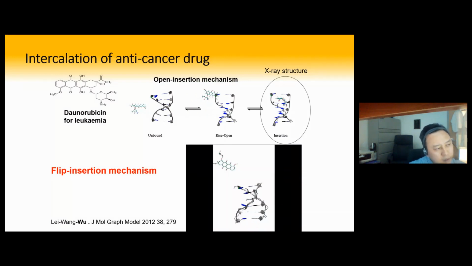Okay, so Christopher solved this structure. I was wondering how this drug can go into that site. And Christopher suggested a very simple mechanism. That basically means it opens the mouth, you let the drug in, and then lock the drug in that place. And I wanted to say, well, we have simulation. We can simulate it to see whether all this is true.